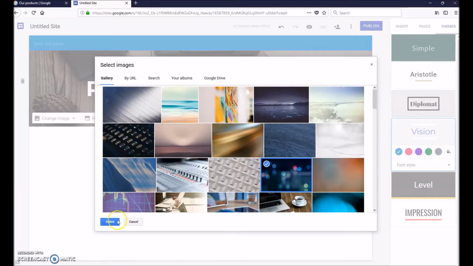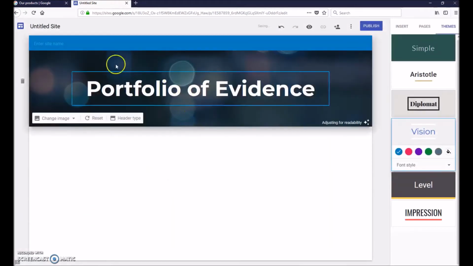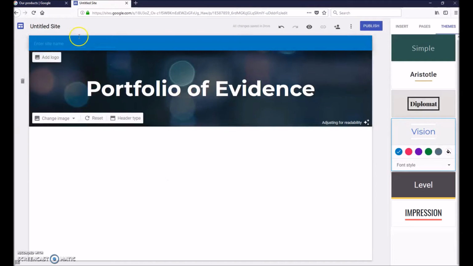Once you've chosen a graphic, click on Select. This will be your banner on every page. You need to name your site,